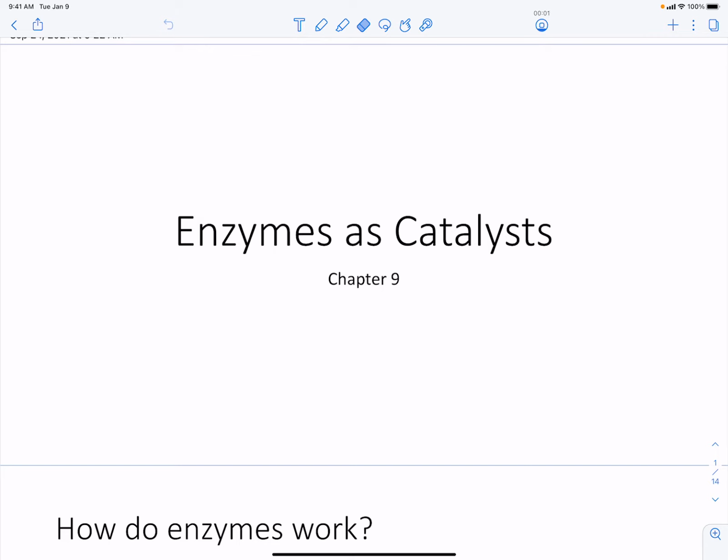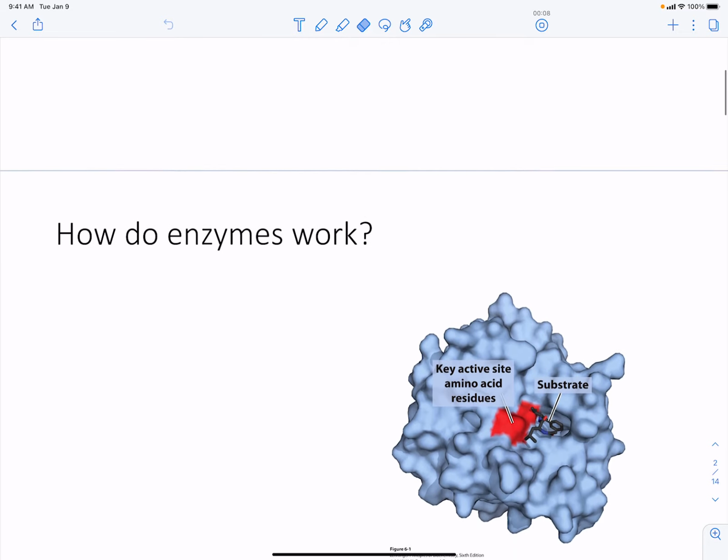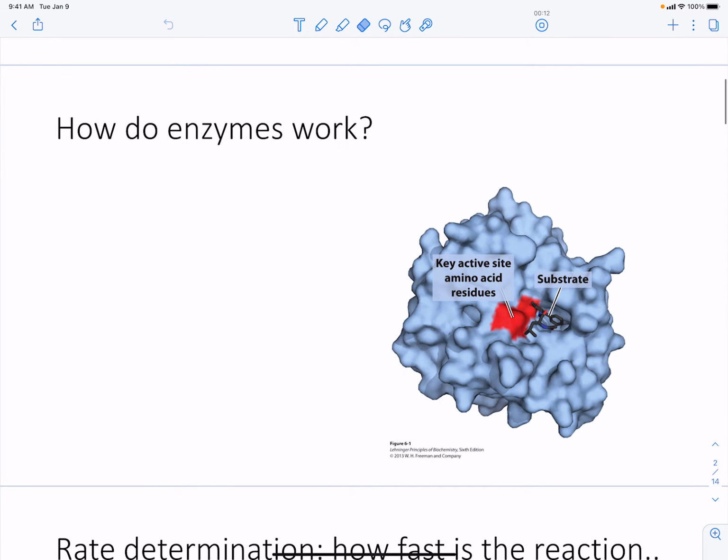Okay, so now we are going to talk about enzymes and enzymes working as catalysts, which will increase the speed of reactions. So, how do enzymes work? The actions of enzymes are going to begin with the enzyme-substrate complex. The enzyme-substrate complex is where the enzyme and substrate bind together. The substrate must bind in the active site of the enzyme,